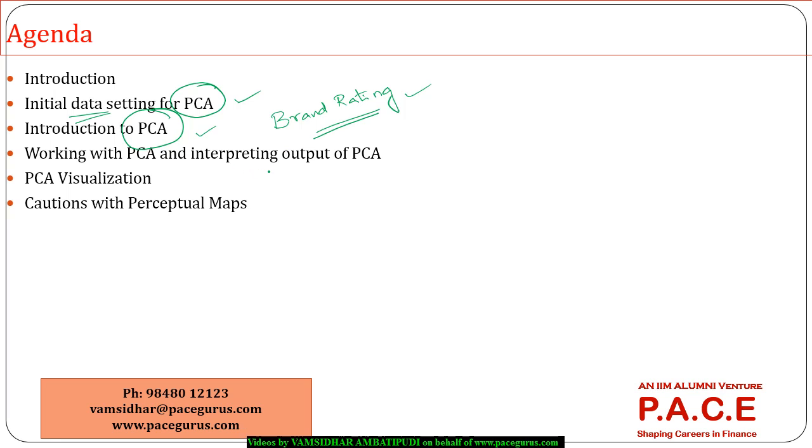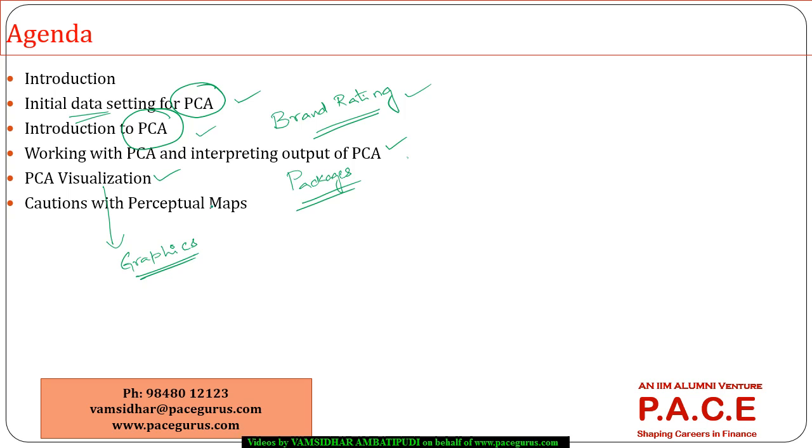What are the various functions? What are the various packages of R that I can use to perform this principal component analysis? How do I interpret the output that is given by R on this principal component analysis? Then, talking about the visualizations, once the PCA is performed, how do I visualize it? What are the kinds of graphical representations or charts that I can create with respect to the